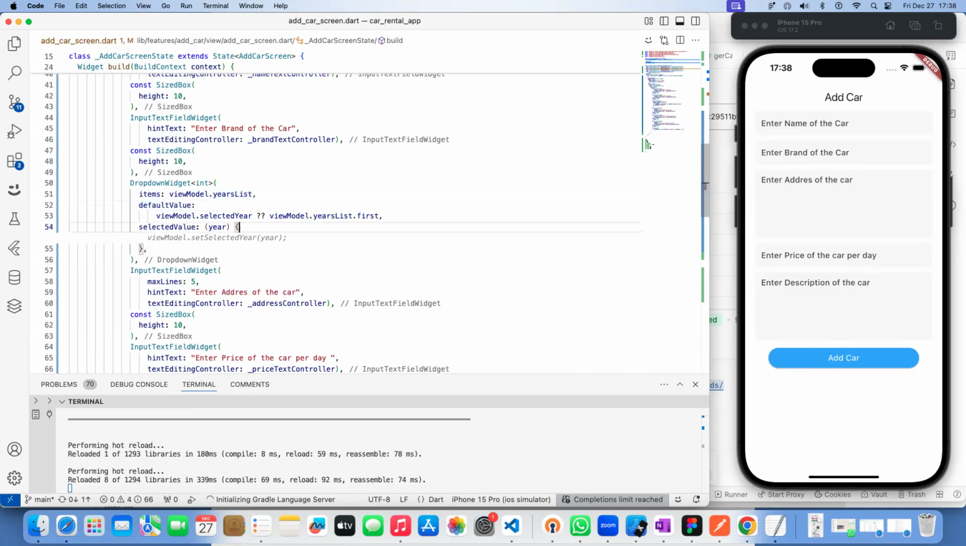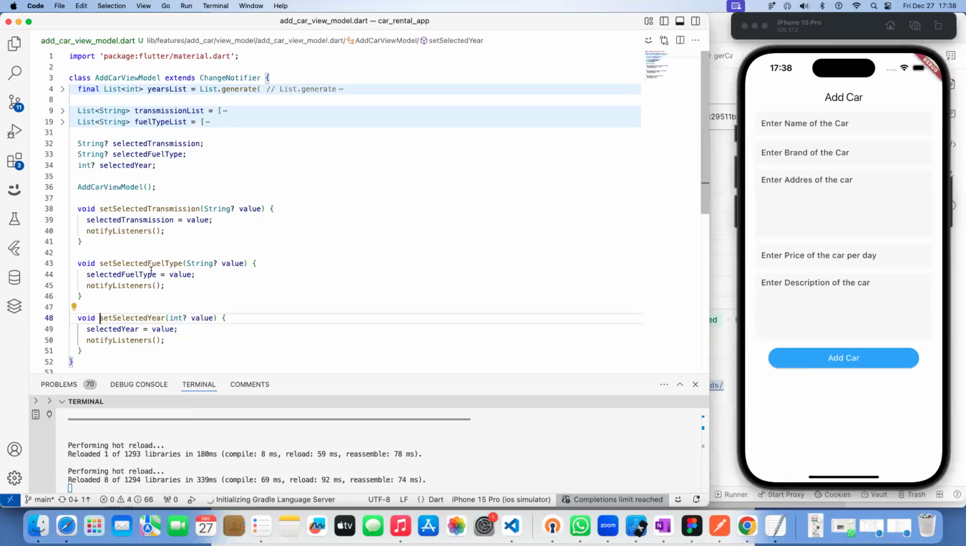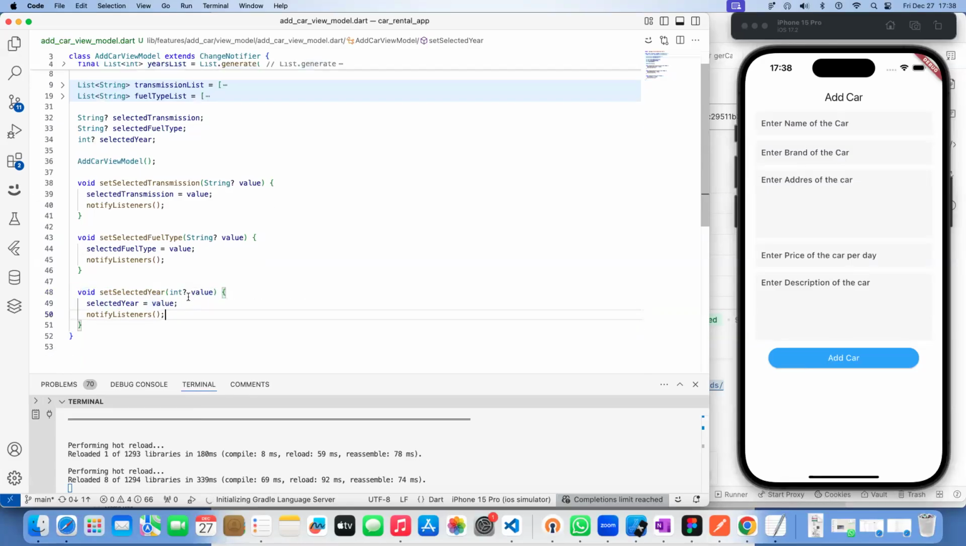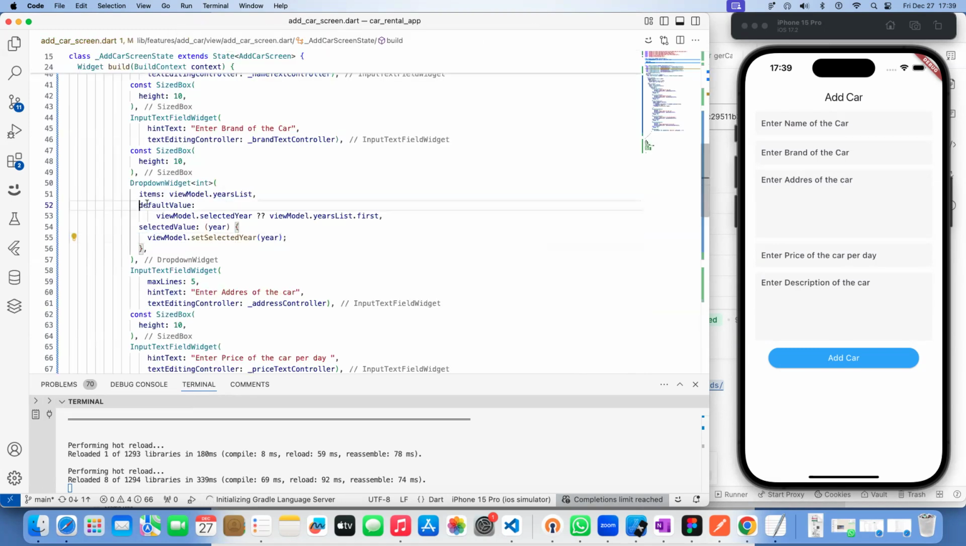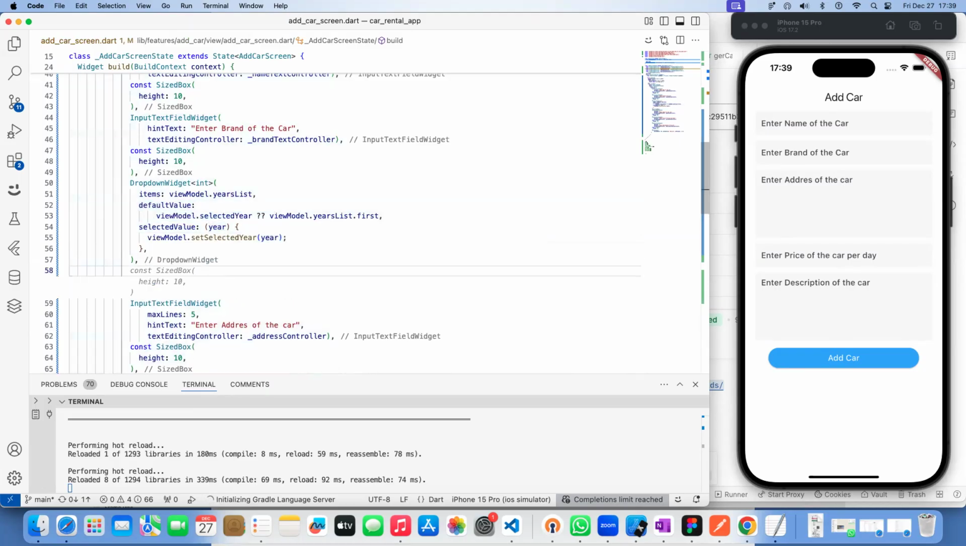Now, after selecting from the drop down, view model dot, we pass the selected year method. See, the selected year method. So when this method is called, the value is assigned to the selected year and it notifies listeners. Again, the build method is called and renders with the selected value. Like this, we need to call the